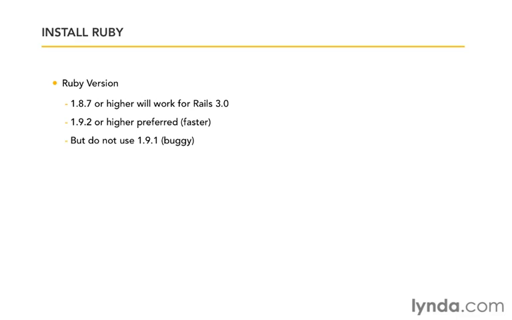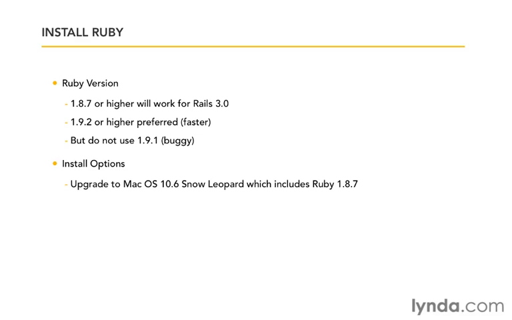The most important thing, though, is that we have 1.8.7 or later. Now, we'll check which one you have installed in just a moment. But if you need to install it, there are a couple of options. The first is that you can install macOS 10.6 Snow Leopard because it includes Ruby 1.8.7. So if you've got a very recent Mac that came pre-installed with 10.6, then you're fine. You should have Ruby 1.8.7 already installed. Now, besides upgrading to 10.6, your other option is to go to the Ruby website, which is